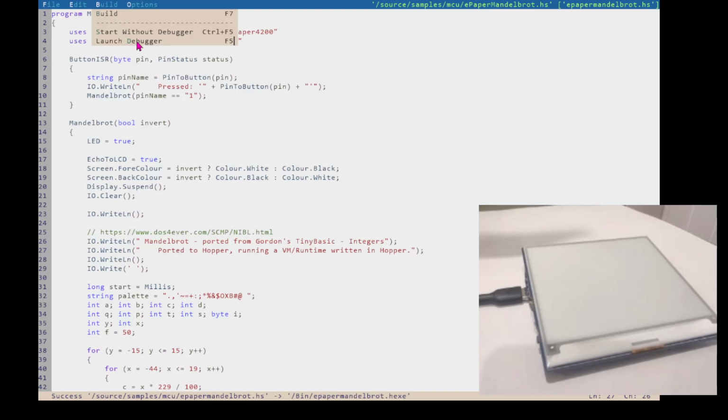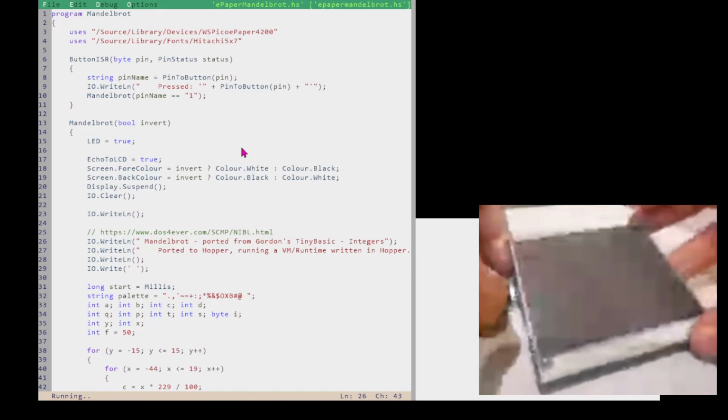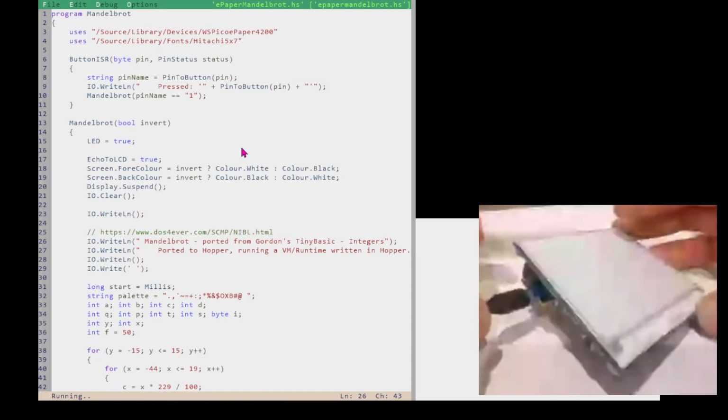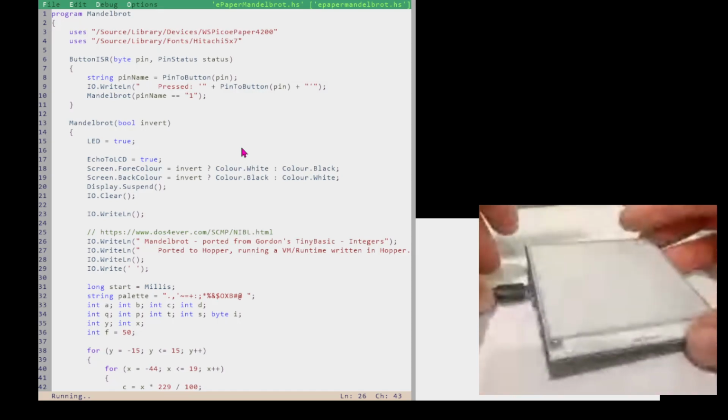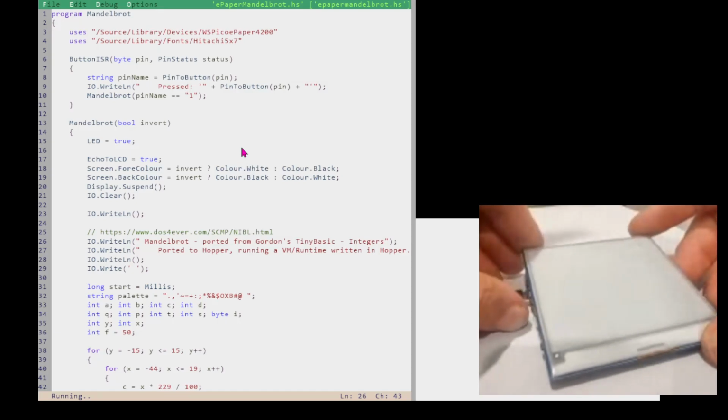Let's launch it into the debugger, and it uploads the hex file to the device, which it's already done. So I'm in the debugger, and then I can Control F5 to run it. Let's have a look at it. So it's doing nothing, because the first thing it does when it runs is it just blanks the screen out to white. So now if we quickly tap that first button,